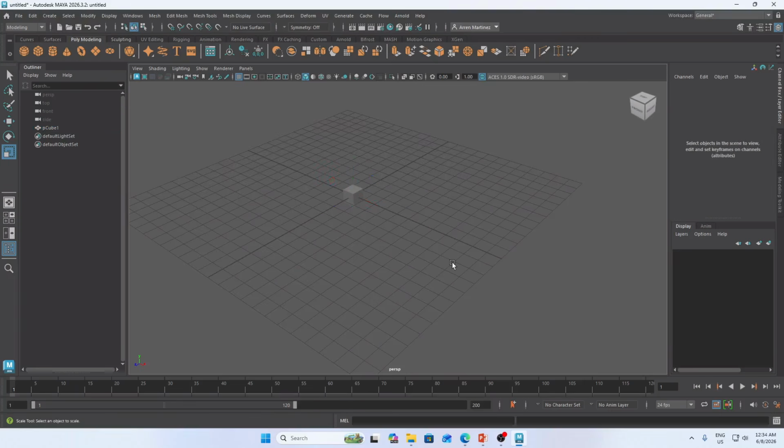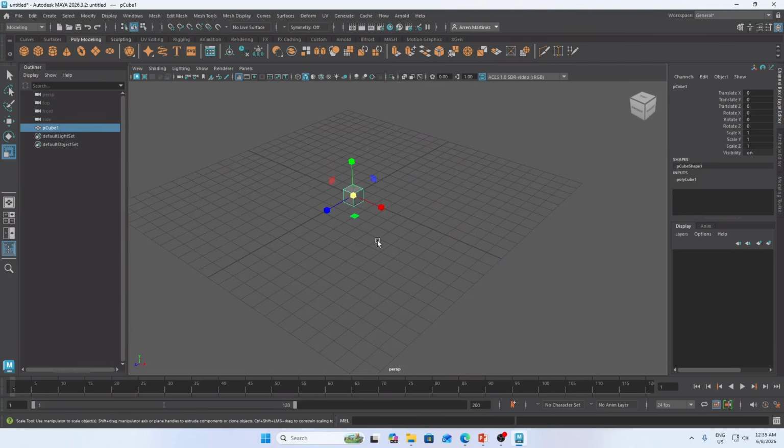Now, let's apply the geometric transformations that we discussed a while ago. Once you click the object, you can press W to move the cube into a particular position, just like this.